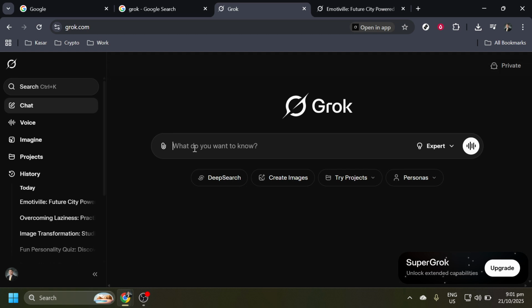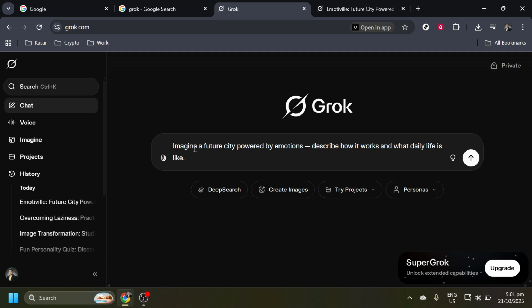Once you've successfully navigated to the Grok website, it's time to engage with your creativity. You'll want to craft a prompt by using your imagination. For instance, you could imagine a future city powered by emotions. This kind of prompt is not only interesting, but also showcases the vast potential of Grok 3 in bringing imaginative